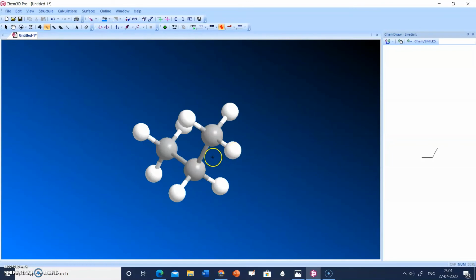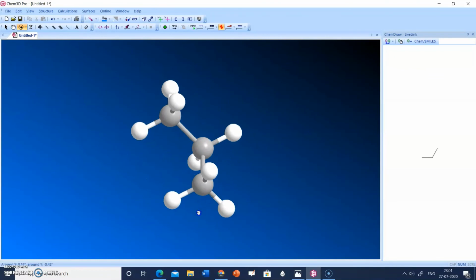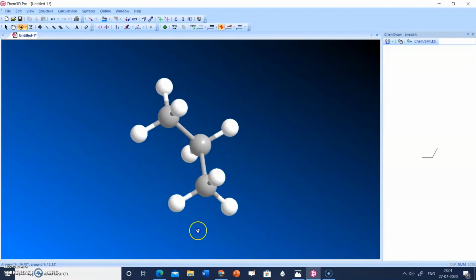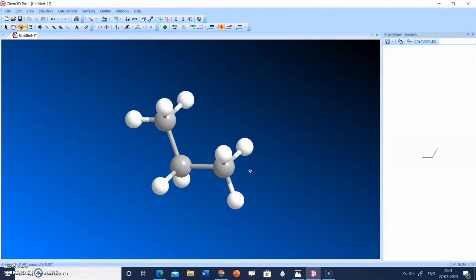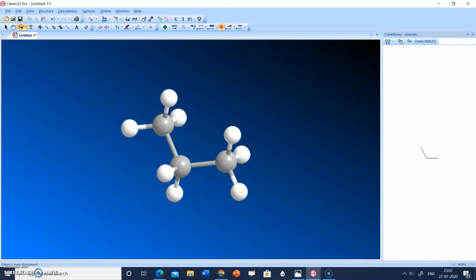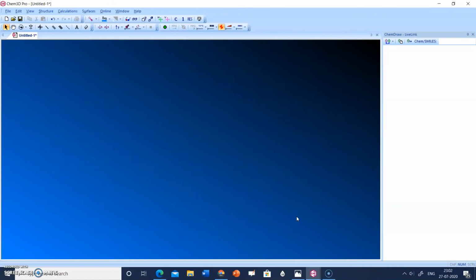So one more atom is added, right? So this is propane, right? And if you want to delete the structure, just click on this select tool, click and drag, and by pressing backspace or delete, you can delete the structure, right?